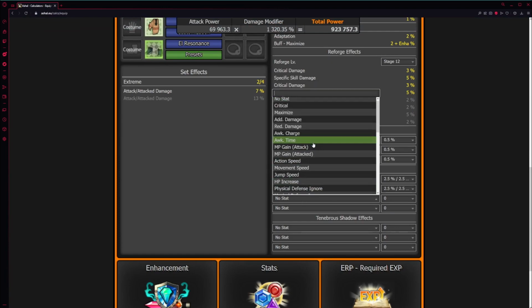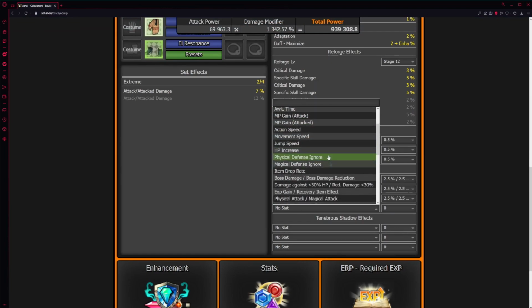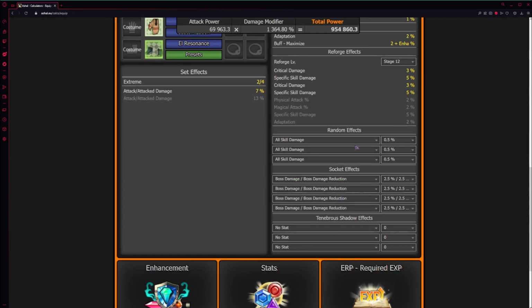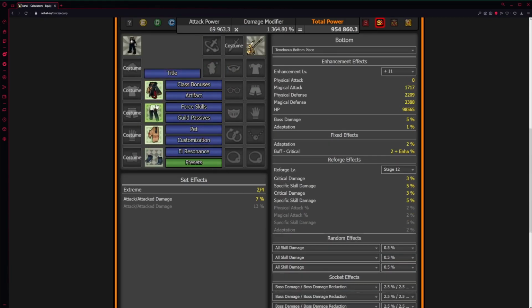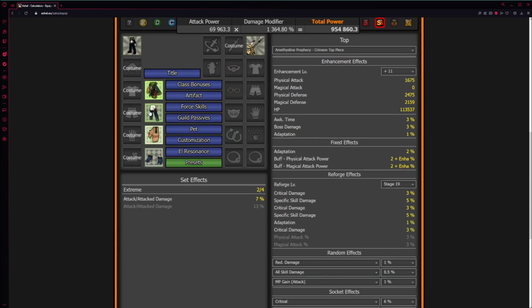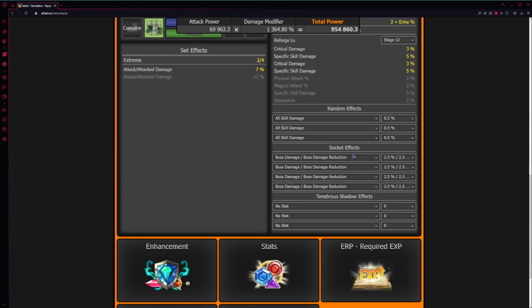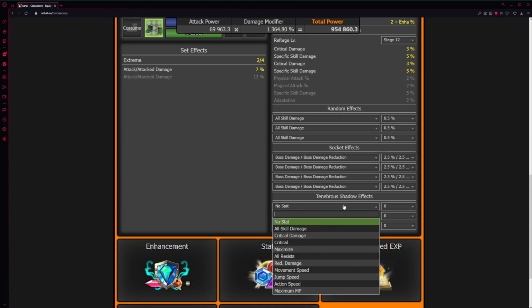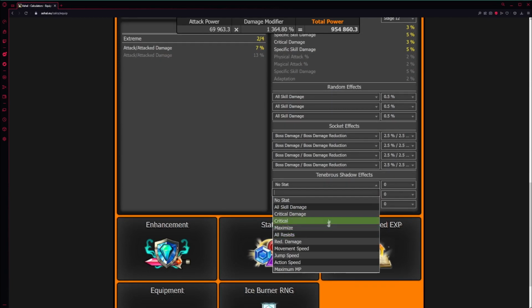Boss damage reduction. If you actually have this, I recommend you put in your actual stats, especially if you're figuring out if it's worth transitioning from your Rigor over to your Tenebris. You can see if your Tenebrous Priest is just as strong with your total power up here. And we'll get to a little bit on that later.